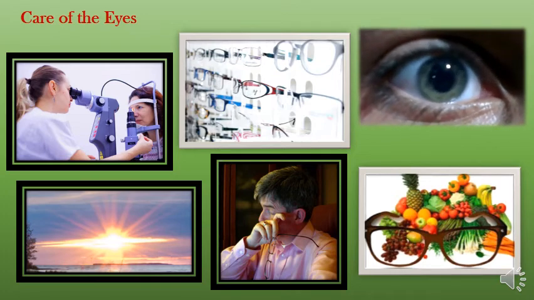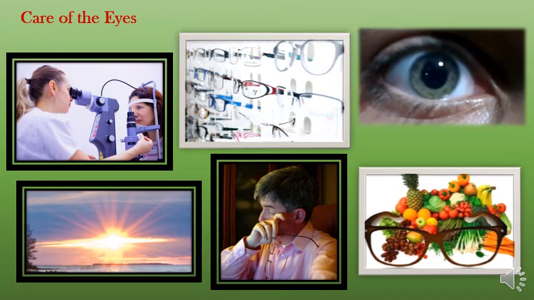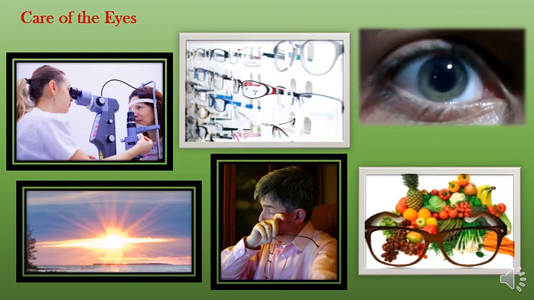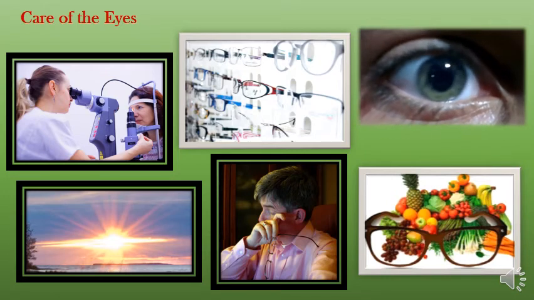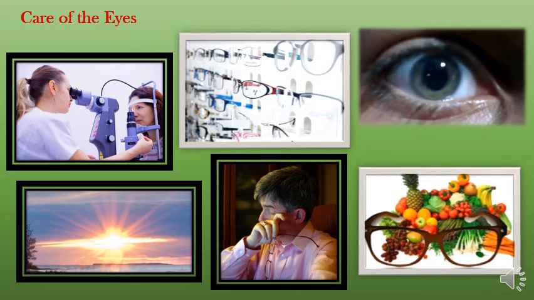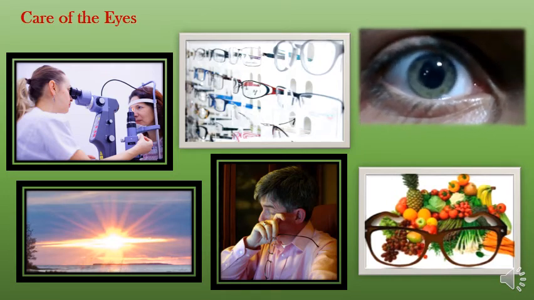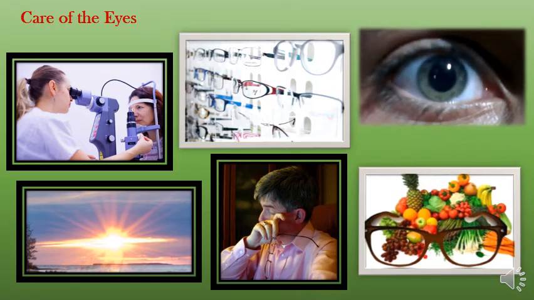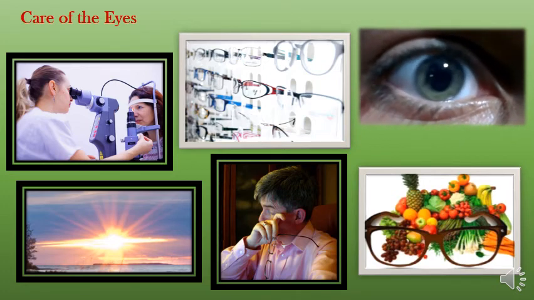If food is deficient in some components, then eyes may also suffer. So lack of vitamin A in foodstuff is responsible for many eye troubles. A few of the foods are raw carrots, broccoli, green vegetables, cod liver oil. These are rich in vitamin A. Eggs, milk, curd, cheese, butter, and fruits like papaya and mango are also rich in vitamin A.